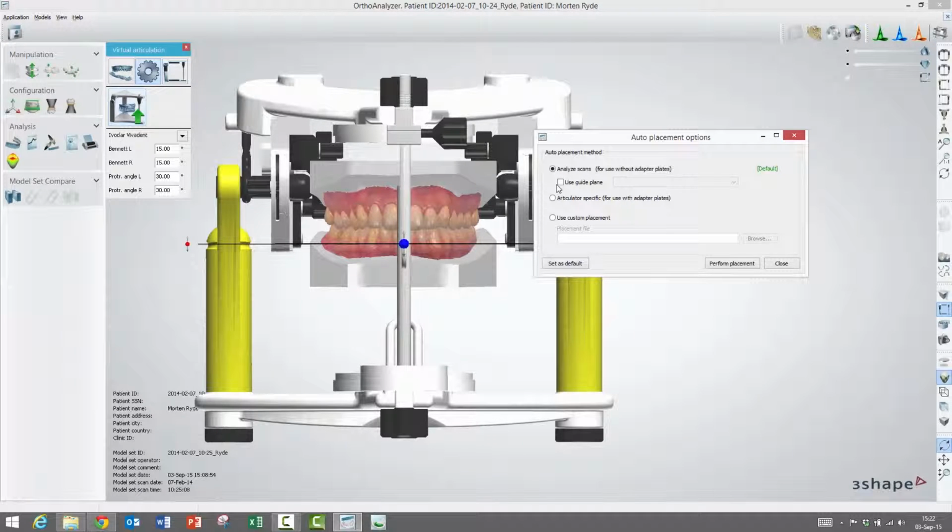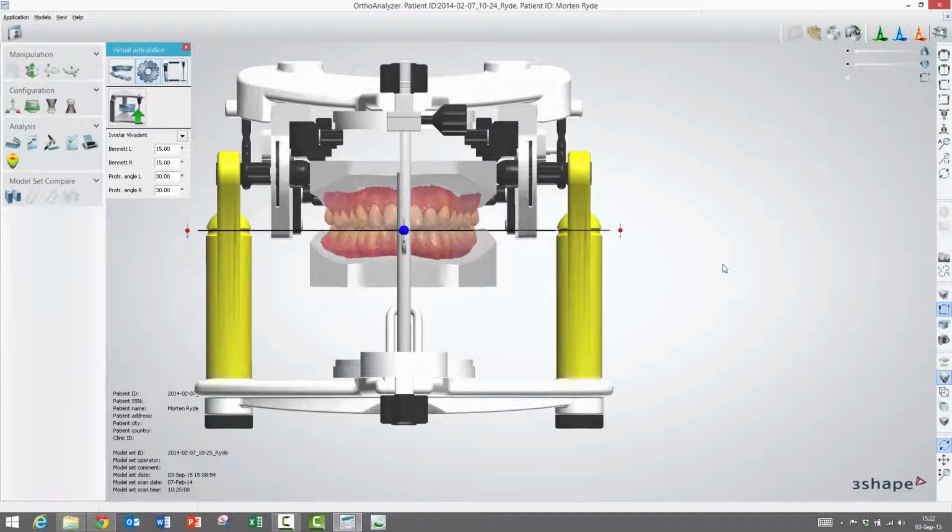Use guide plane, so that's very important to check this box. Left click on the black arrow and select Occlusion plane again. Occlusion plane. Then perform placement, left click. Okay, no need to rewind the video now. So once you've done that,